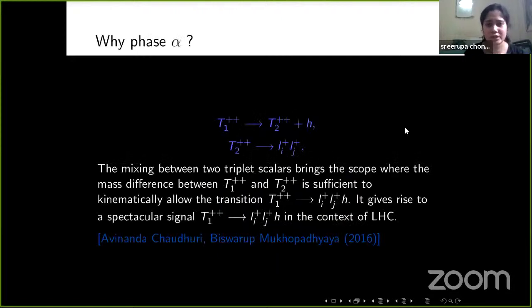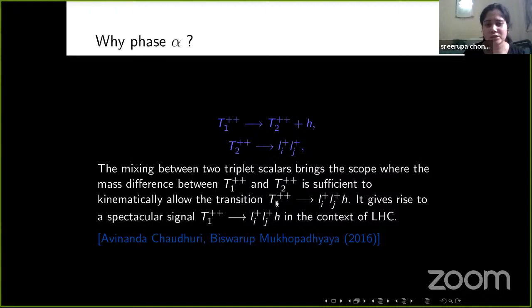Previously, I mentioned that we have chosen one triplet scalar vacuum expectation value to be complex, and the reason behind it is here. We have a phase alpha, which is a CP violating phase, and when we introduce such a phase, it helps to increase the mass difference between the doubly charged triplet scalars T1 and T2, and when the mass difference is sufficient, it can